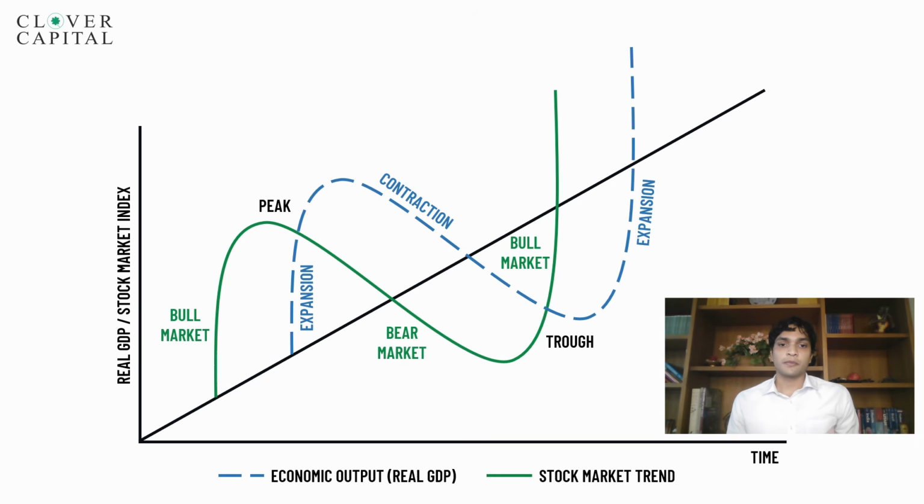The first is, as you can see, the market cycle leads the business cycle by about 6 to 12 months. This is because the markets are forward-looking and they factor in possible changes in the business cycle before they actually happen. The second area where market cycles and business cycles differ is that market cycles reflect the movement of equity